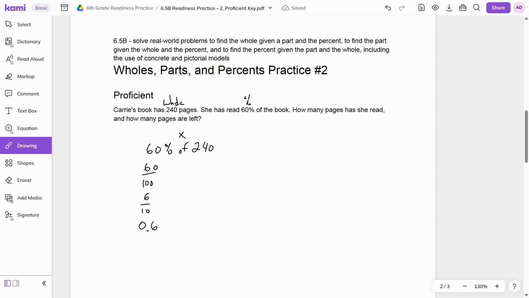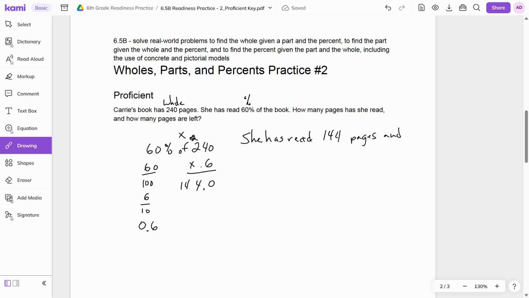So let's multiply. 0.6, and that's going to be 0, that's going to be 24, that's 12, that's 14. Now, I've got one digit behind the decimal, so I need one digit behind the decimal. So we can say 60% of that is she has read 144 pages